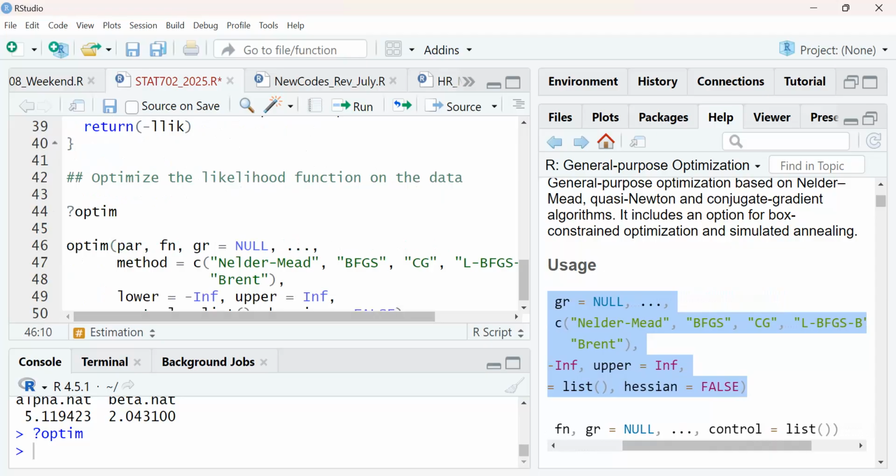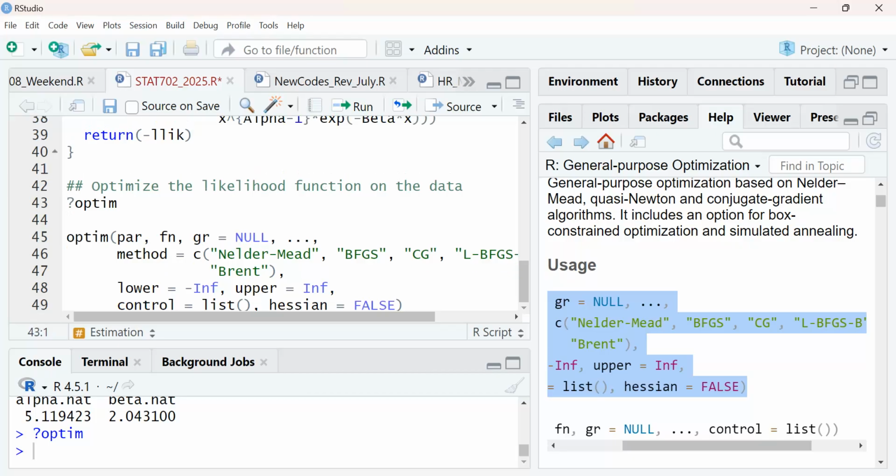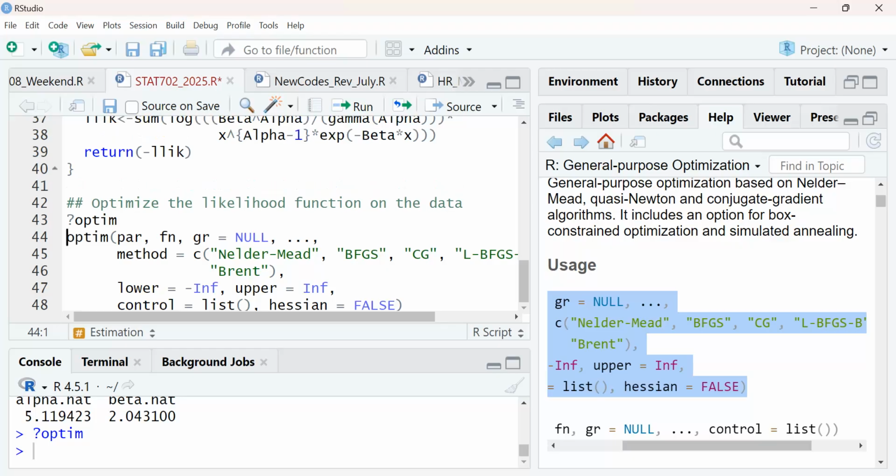The problem with maximum likelihood is this. Even though I don't know the parameter, I must give it a guess to start with, because it's an iterative algorithm. Like in the bisection method, you have to take A and B such that you know that they will contain what you are looking for.